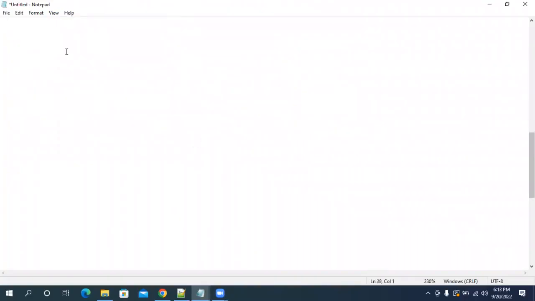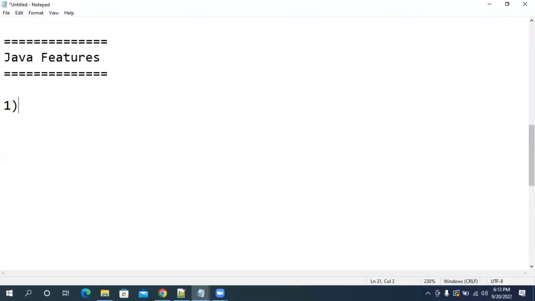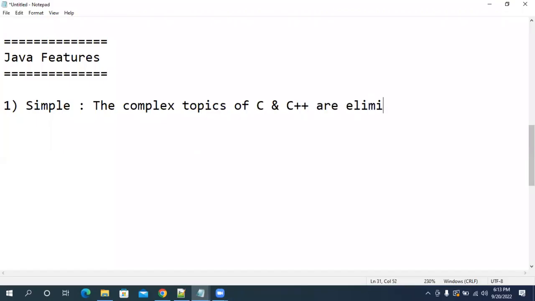After that, we are trying to understand Java features. Yesterday we started the features of Java. The first feature we understood is simple. Why do we say that Java is simple? The complex topics of C and C++ are eliminated in Java.